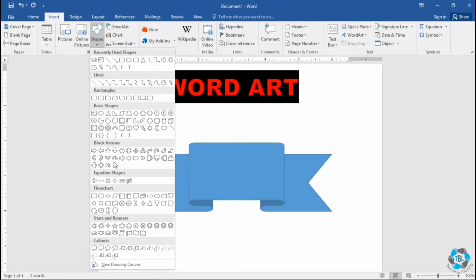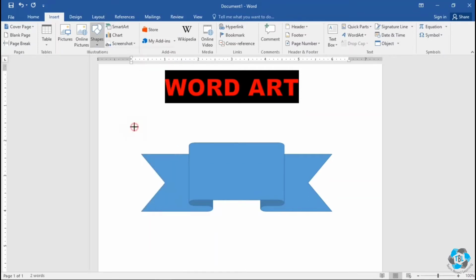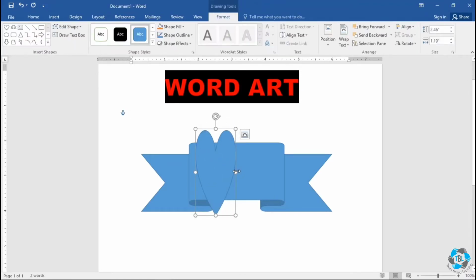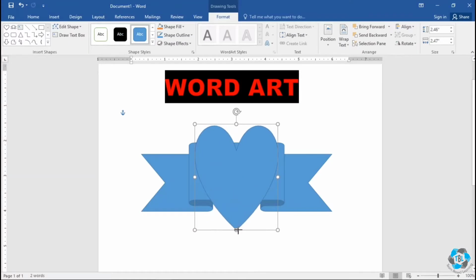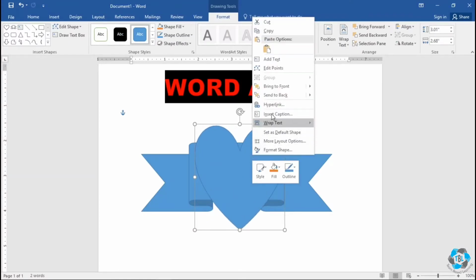Moving ahead, when you're working with multiple shapes, you may reach a point where you want to change the order so the correct shape is in front or on top. This comes up a lot in Word, so it's a good technique to know. To get started, just right-click one of your shapes and then go to the Bring to Front and Send to Back options. You may need to experiment with these options to make sure your shapes are arranged the way you want. In this example, I have selected the heart shape and I want it to move behind the ribbon shape. So I'm going to send it backward and then it looks perfect now.